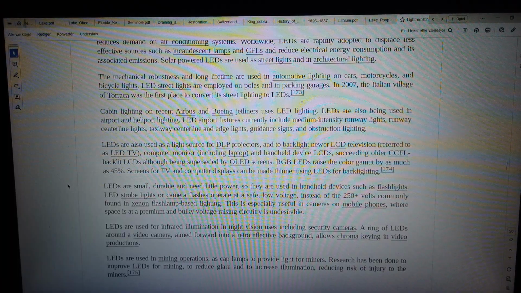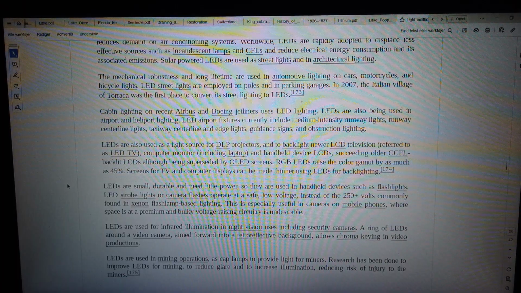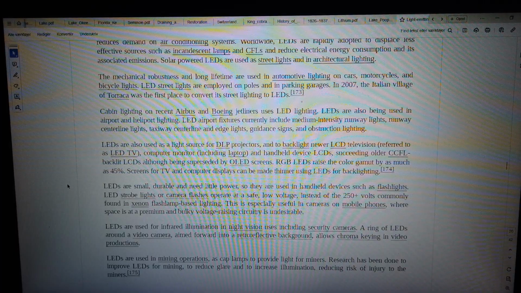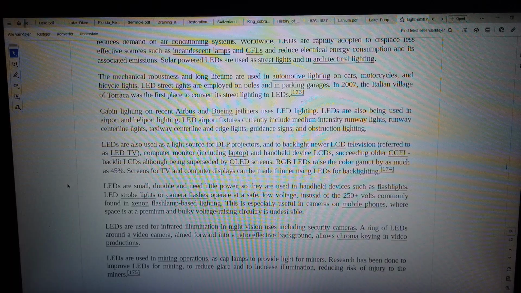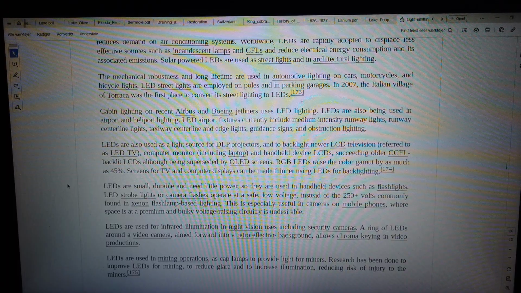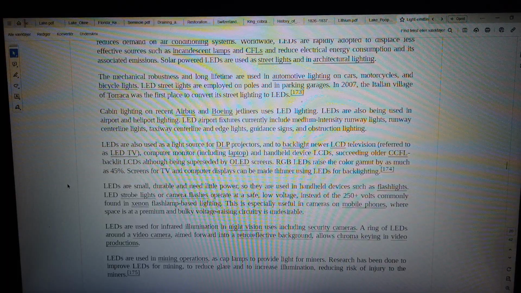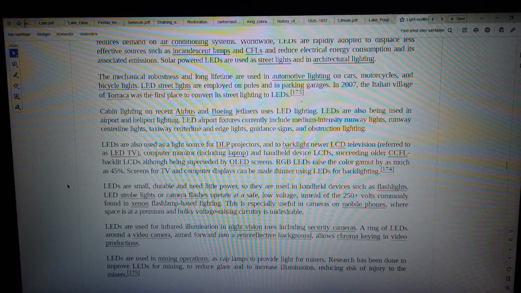Cabin lighting on recent Airbus and Boeing jetliners uses LED lighting. LEDs are also being used in airport and heliport lighting. LED airport fixtures currently include medium-intensity runway lights, runway centerline lights, taxiway centerline and edge lights, guidance signs, and obstruction lighting. LEDs are also used as a light source for DLP projectors, and to backlight newer LCD televisions,